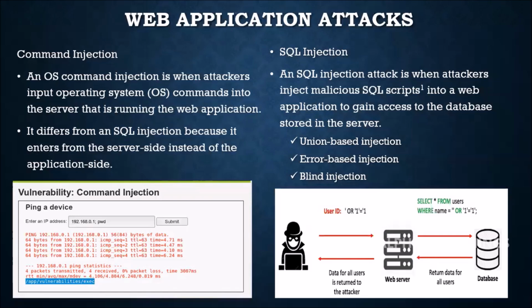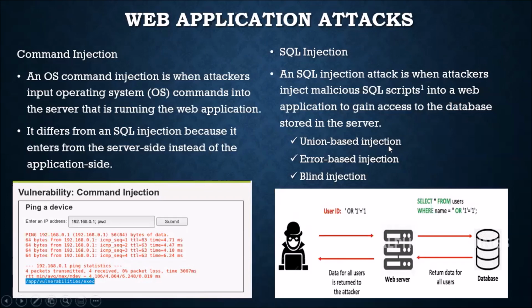If you are uploading files to a website, it will be stored in the database only. Or if you are uploading your photos, any attachments you are uploading, any content you are writing and saving will be stored only in the database. So if there is an SQL related vulnerability, using or manipulating the SQL queries, I could get the information from the backend database. SQL injections are of three types: union-based injection, error-based injection, and blind injection.